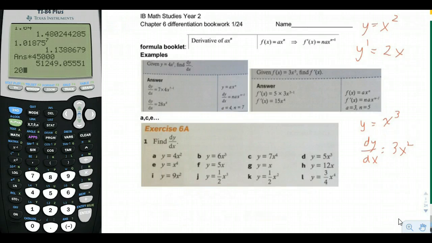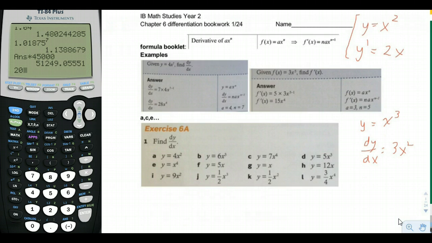Okay, we're going to do page 1 and 2 of differentiation. If you remember in the investigation, we found the derivative, or we differentiated the y equals x squared function, and we got y equals 2x. Now,